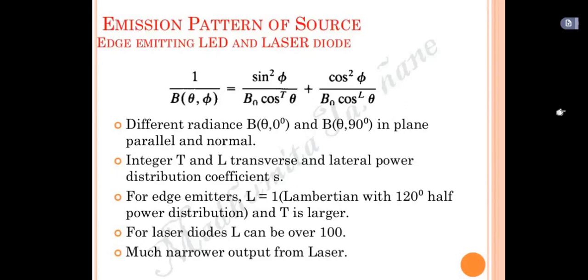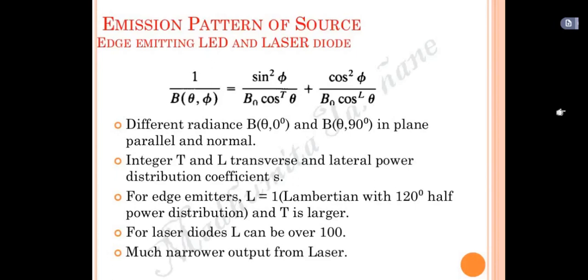Because as we said in the previous diagram as well, whatever the Lambertian angle we have, it has equal space. The brightness will be equal in all directions and varies depending on the cosine of the angle. Similarly, if I want to find its emission pattern, how the emission of the LED and laser diode varies, that can be found using this formula: 1 by B of theta comma phi is equal to sine squared of phi by B naught cos power t of theta